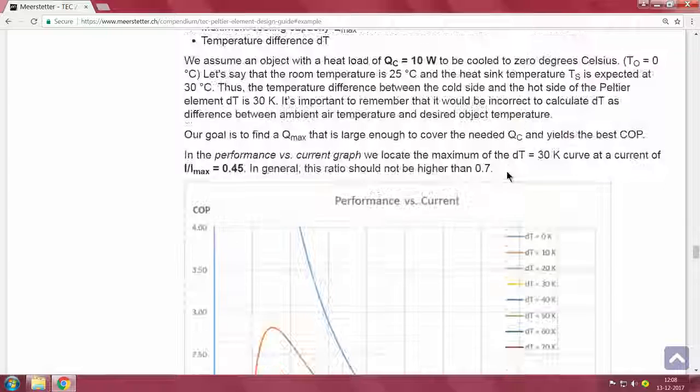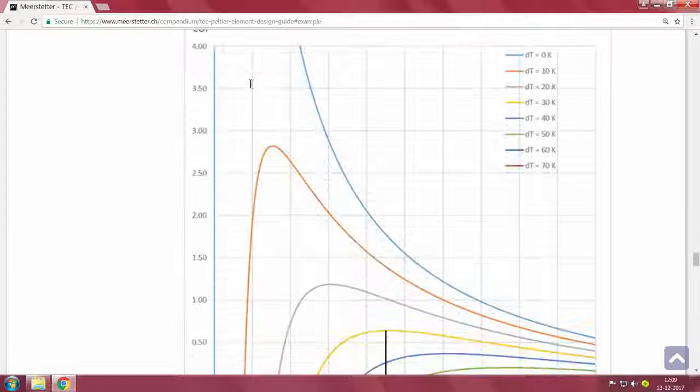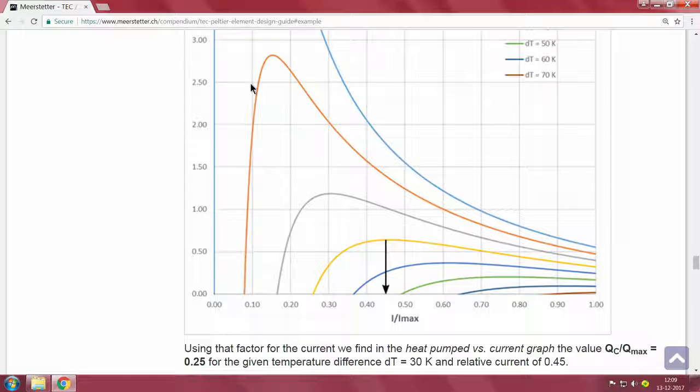So, our goal is to find a Q max that is large enough to cover the needed QC and yields the best coefficient of performance. In the performance versus current graph, we locate the maximum of the delta T 30K curve at a current ratio of 0.45. The ratio should not be more than 0.7. You see here, this is where the current should be.